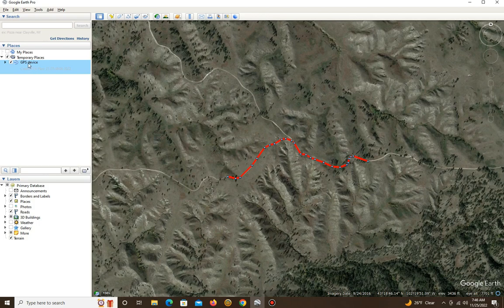So let's move that to my places. So simply left click, drag it up to my places, and bada bing, bada boom, there it is. Now you notice it's red and there's all these points here, which is fine if that's what you want. That's not what I want for video animation because it's unsightly. In order to get rid of that, you just simply click on this little